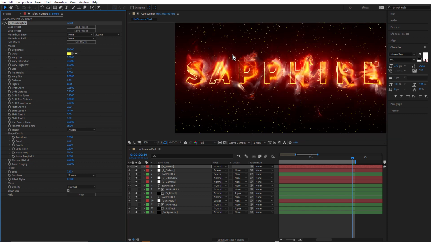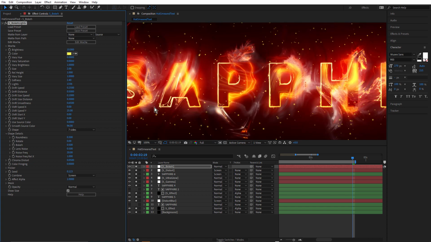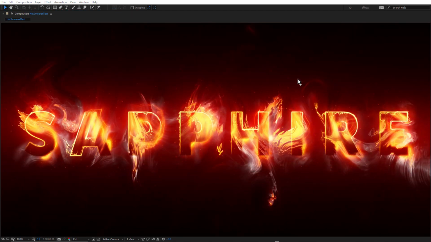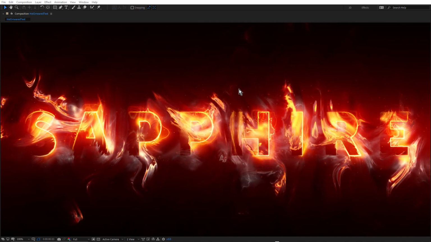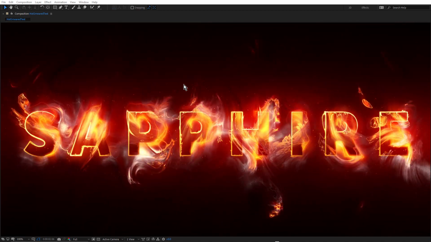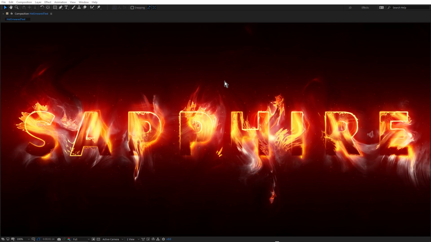then that will apply the bokeh lights to the entire frame. But by using the source color, which is, because this is an adjustment layer, all the layers below, it's going to isolate the bokeh lights just to the colors of those layers below. And if I just do a full frame preview, you can see they're isolated to this area around the text. And with the bokeh lights drift options, they kind of look like embers floating around this hot, fiery text.